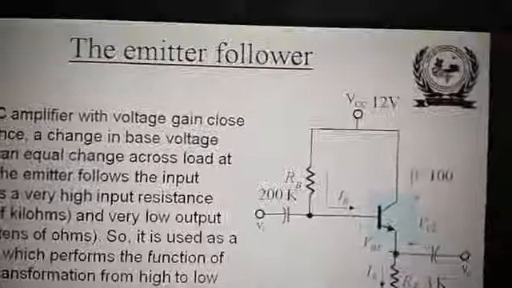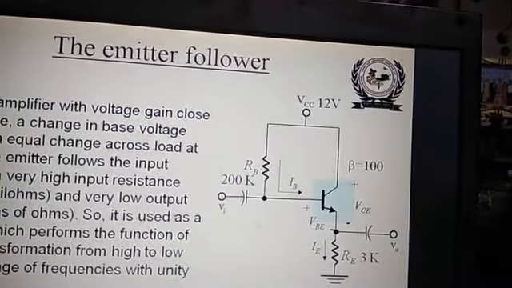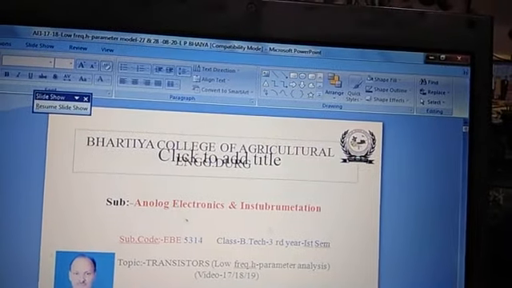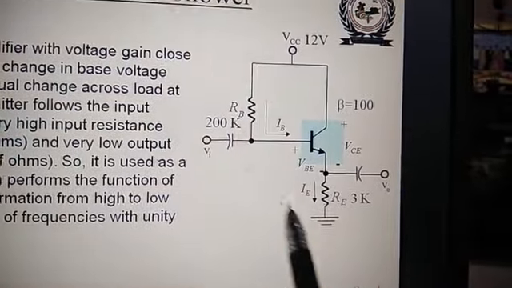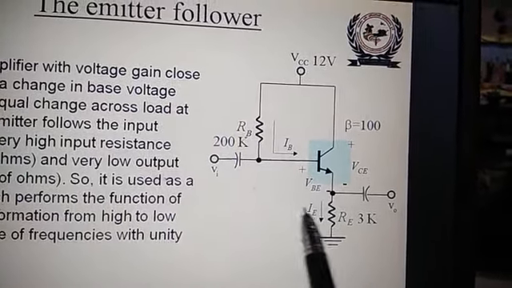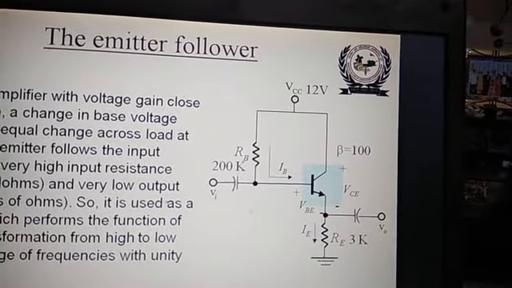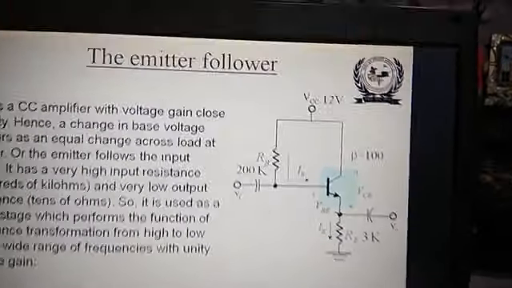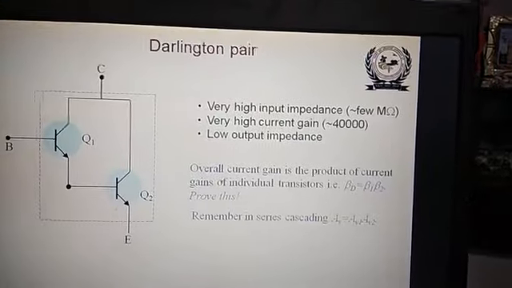Now this circuit shows the emitter follower. Emitter follower means common collector configuration, where the output is taken from the emitter. So this circuit indicates the emitter follower where voltage gain is 1 but input impedance is high. Therefore, this type of emitter follower is used as an isolation circuit to match the input impedances. I have just shown this for the study of the emitter follower.